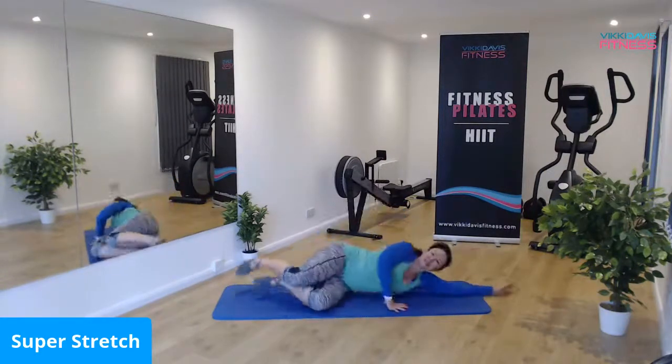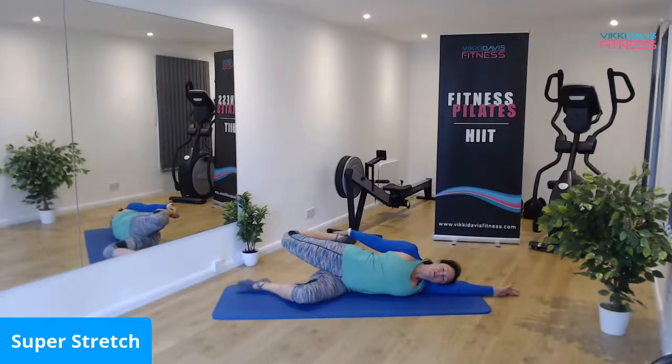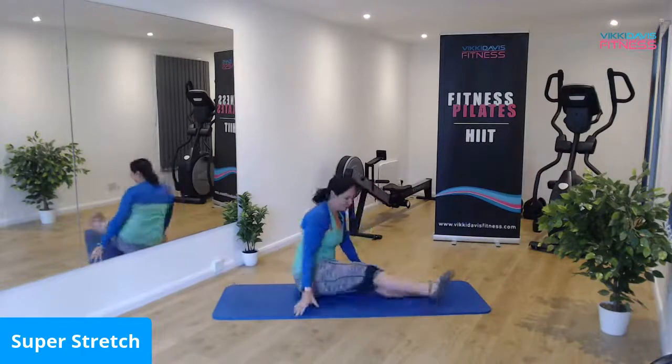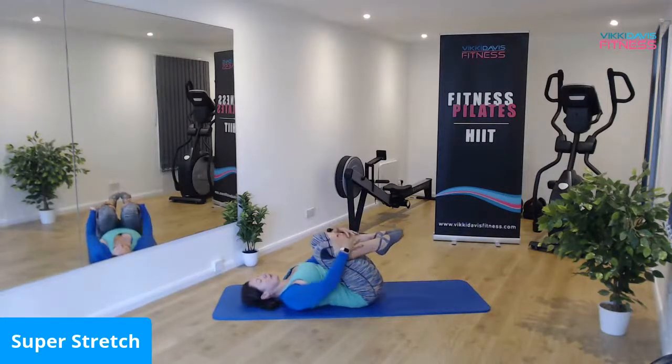Wriggling round. Lying down, bending your bottom leg. Take hold of your foot and pull the leg back, pushing gently the pelvis forward and keeping your core braced in so you're not blowing your tummy out. Lovely. Great. Then lying on your back and hugging the knees. Pull them in, draw them in,